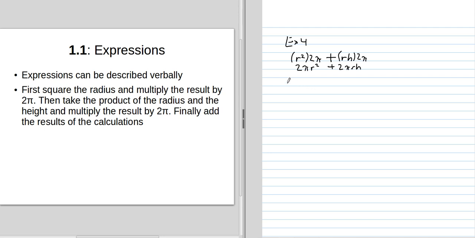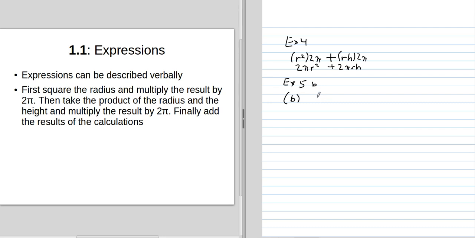Let's work example 5, part B. Example 5 says, in each of the following pairs, the second expression differs from the first by the introduction of parentheses, which is a grouping operation. Explain what difference this makes in the calculation and choose values of the variables to illustrate the difference. So for part B,